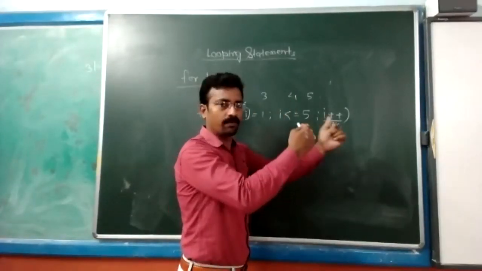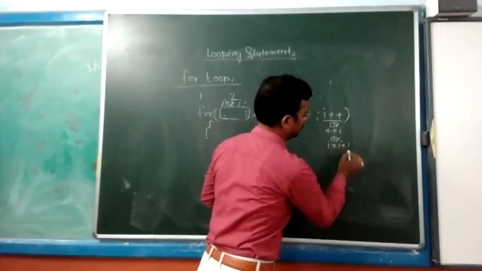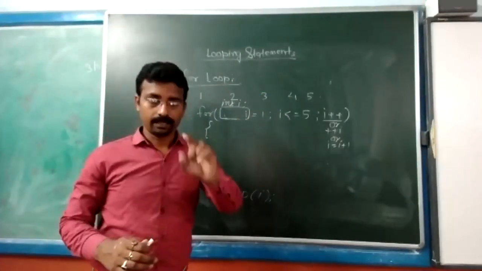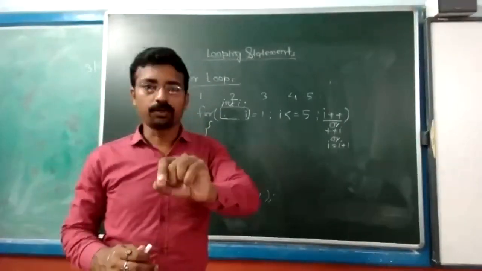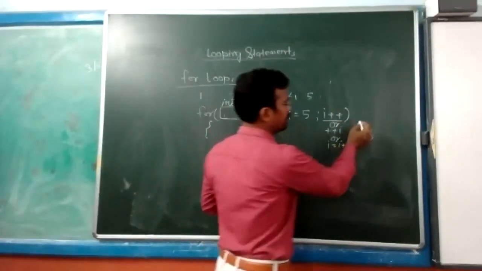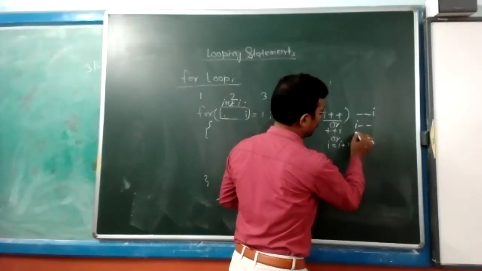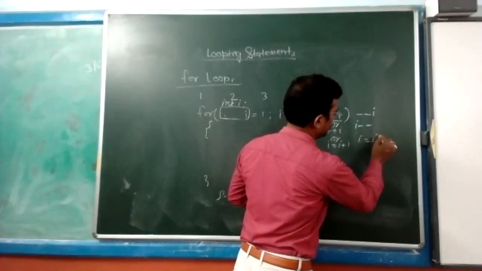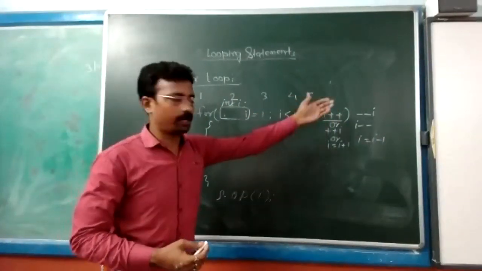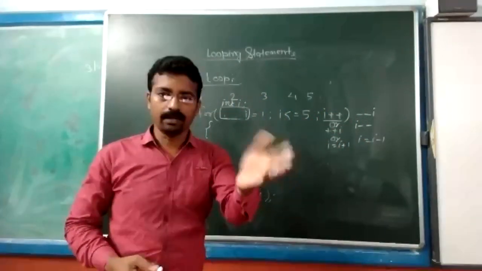If a normal increment is there, 1, 1, 1, or I plus, any of them can be written. There will be no problem in your program, but increment or decrement should be according to 1, 1, 1, 1 like that, or minus. If minus is there, decrement is there, so you can do this. Any of the options, either increment or decrement, you can apply with one step, not more than one step.